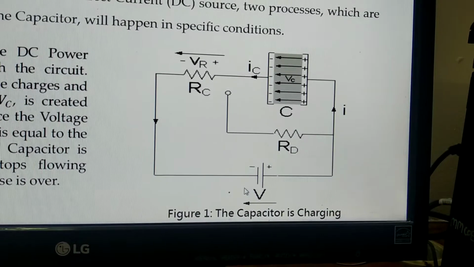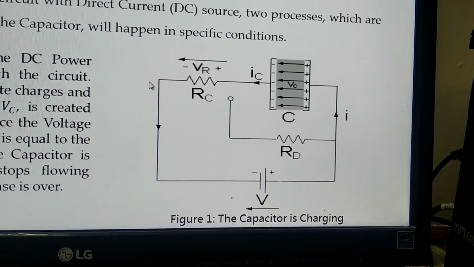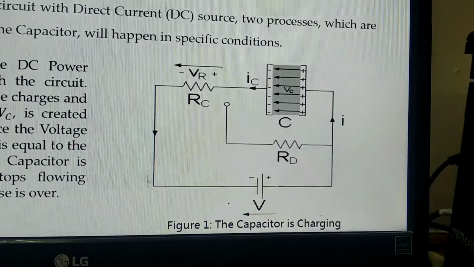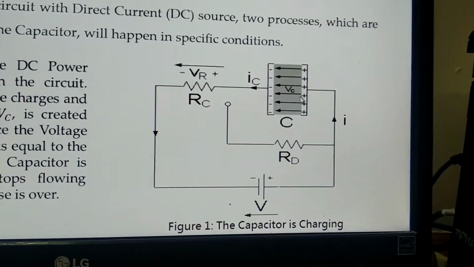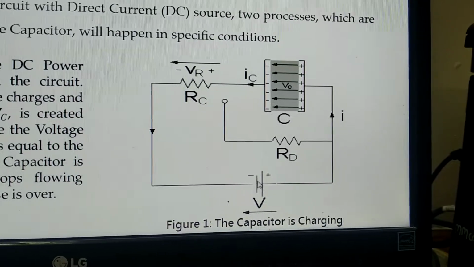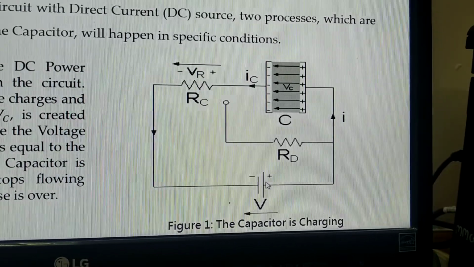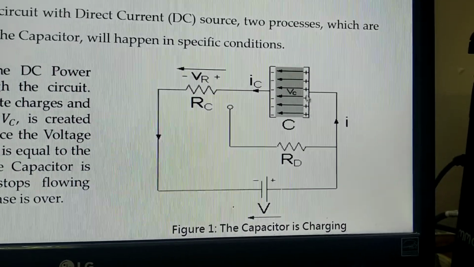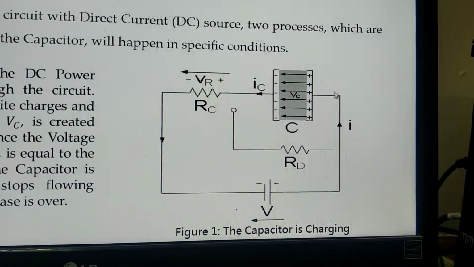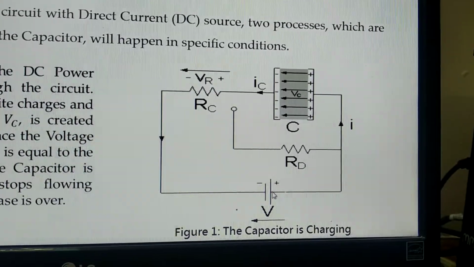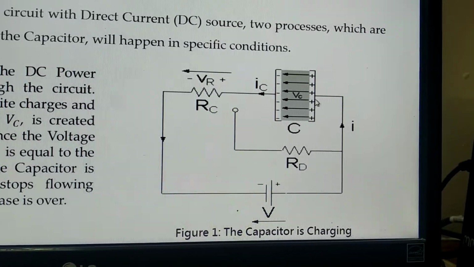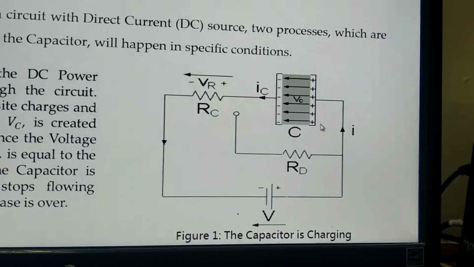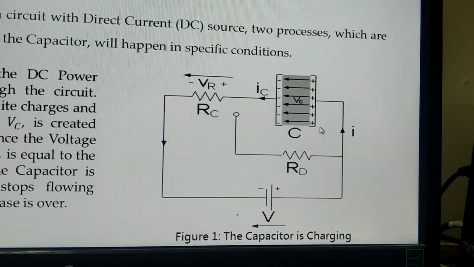It is a kind of force that is applied when the circuit is in a closed loop. This is a capacitor connected in series with a resistor, and it is connected to a battery. Due to the effect of the electromotive force, the positive plate will pull electrons from this plate, which is neutral at the start. Electrons will move from the positive plate of the capacitor to the positive plate of the battery. More and more electrons are pulled out from this plate, so this plate will become more and more positively charged as time passes.